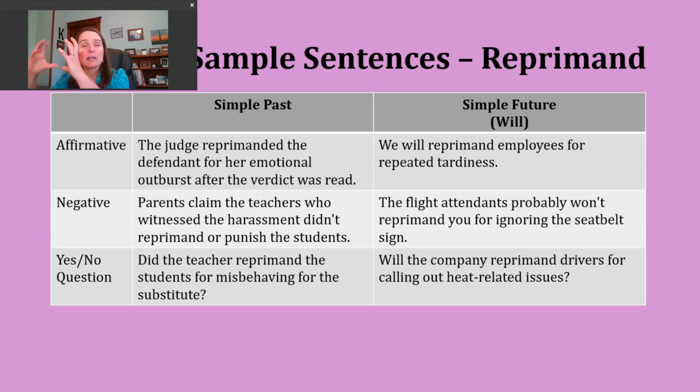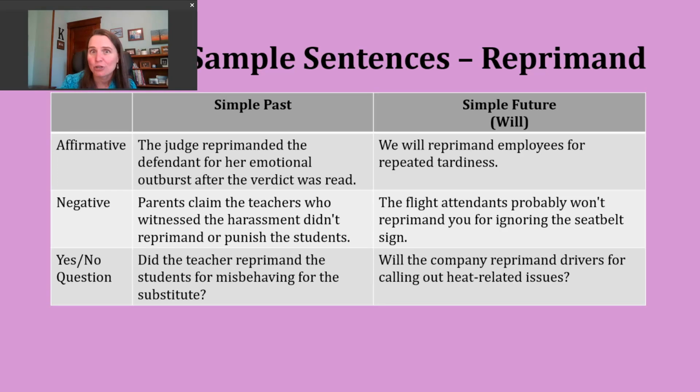To do this, again, we start with our subject. We're going to use did not and then the base form of our verb. So notice, we're not using the ed form of the verb here. Let's look at another example. Parents claim the teachers who witnessed the harassment didn't reprimand or punish the students. So here, we're talking about a group of people who are very disappointed that there was no criticism, no scolding